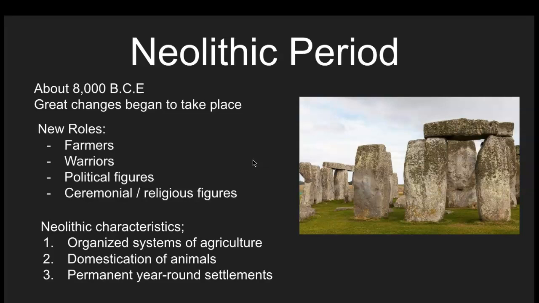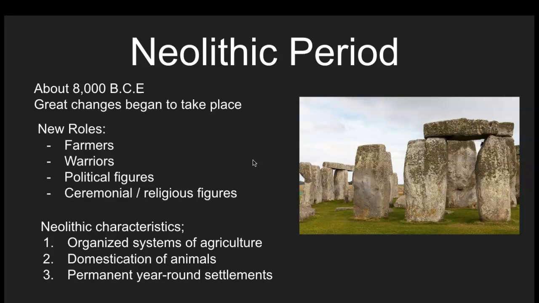We also have dedicated political figures who are responsible for creating community and organizing society. This might overlap with ceremonial or religious figures that are concerned with the matters of leading rituals and ceremonies and creating belief systems that give people a sense of stability and